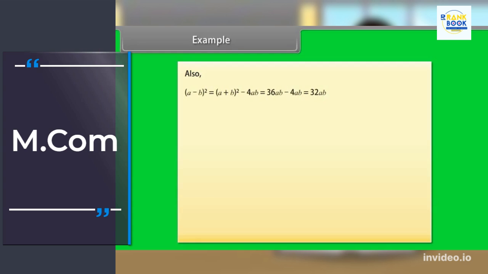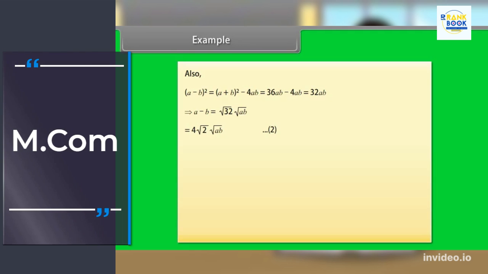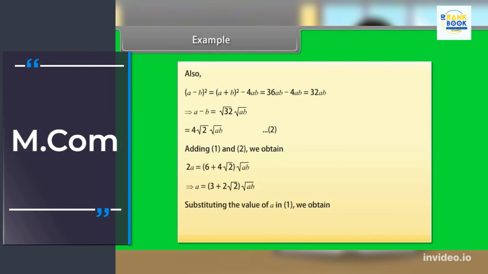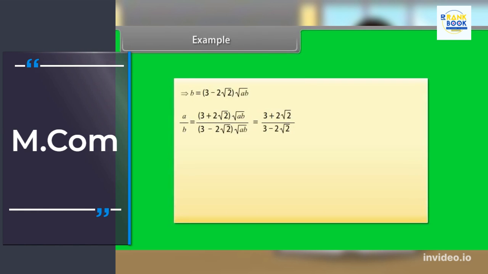Also, the square of A minus B can be written as, A minus B is equal to 4 into square root of 2 into square root of AB. Let it be equation 2. Adding 1 and 2, and substituting the value of A in equation 1, we obtain A by B is equal to 3 plus 2 root 2 divided by 3 minus 2 root 2. Thus, the required ratio is